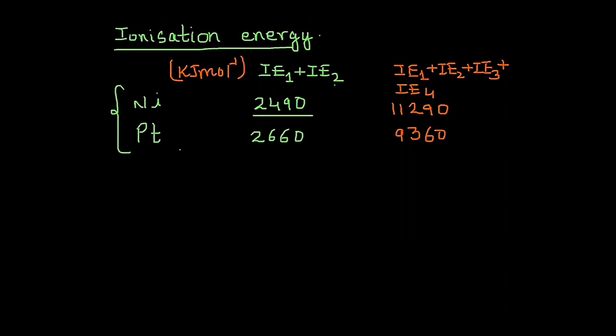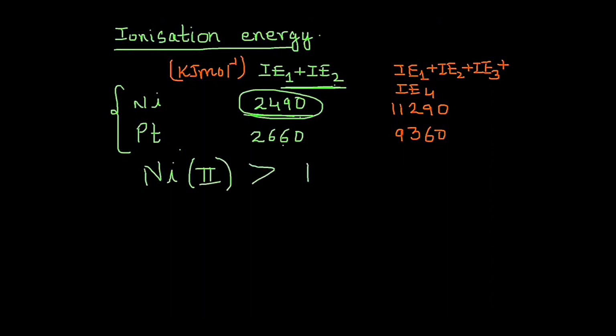In other words, very clear from the numbers here, for nickel, the amount of energy required to remove the first 2 electrons is lower as compared to platinum. With the result, what we will find is that nickel in oxidation state 2 is more stable than platinum in